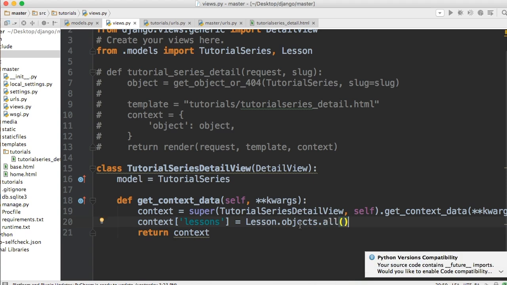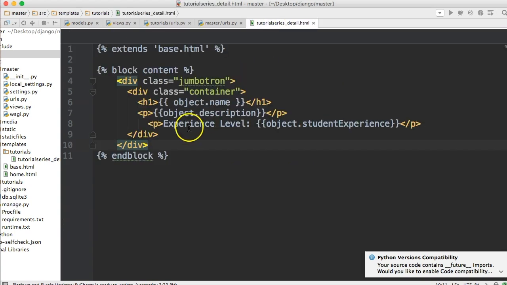Now, when you get experienced, you're going to learn that you shouldn't get all, because this is going to display all the lessons in the lesson model. So that's probably not what we're looking for, but let's go ahead and take a look and see what happens. We need a way to display our